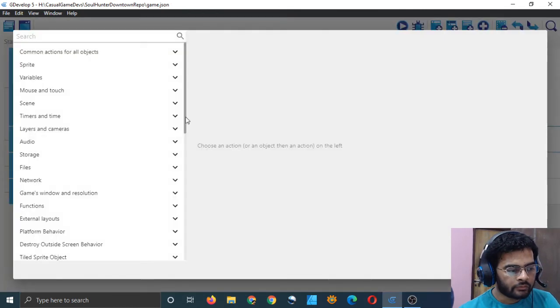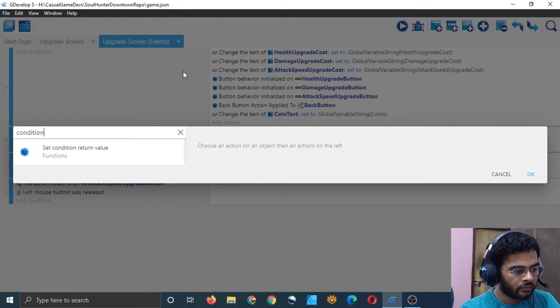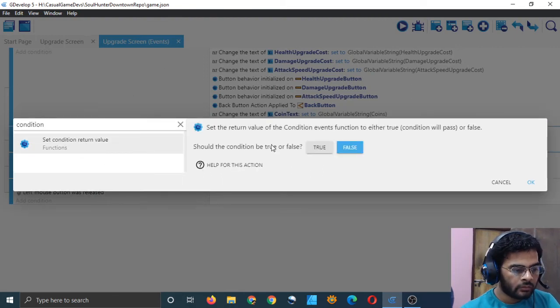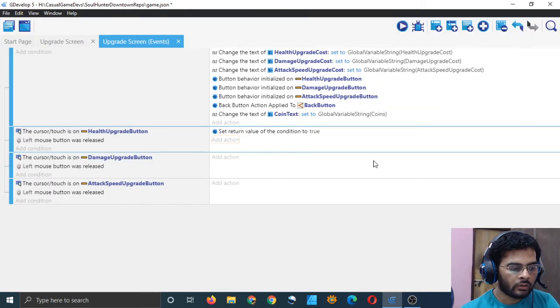Add an action. I want to add some condition here. I wonder if I can. Set condition return value. Set the return value of the condition events function to either true. Should the condition be true or false? It should be true. Okay.